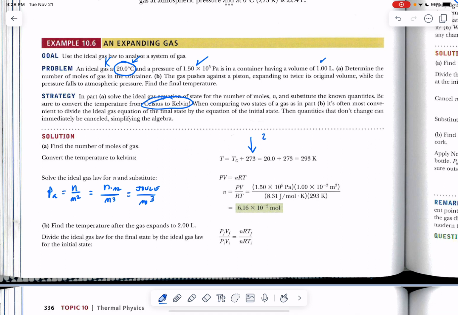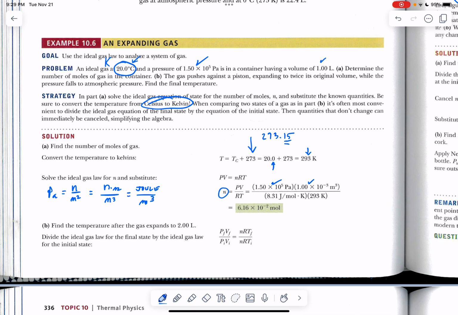In fact, it might even be better to use 273.15 if you need those extra significant digits. Since this digit goes to the tens place, I would probably go ahead and use this and then round off this answer to the tens place because I'm adding, if I want to be a little bit more in keeping with the rules of significant digits. Now, in this problem, we're being asked to find how many moles. So the number of moles is PV over RT,